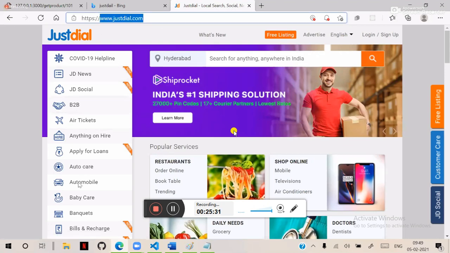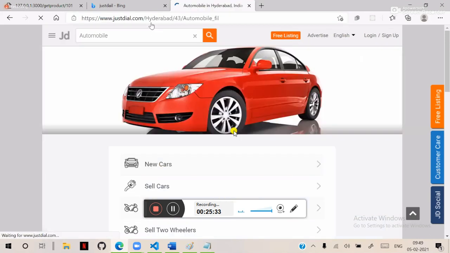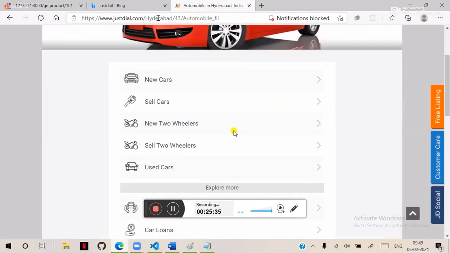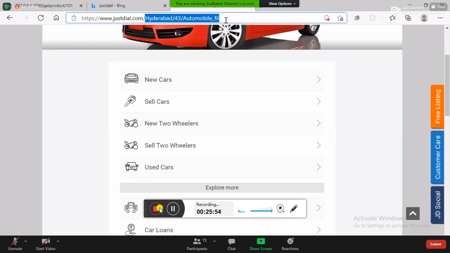I click on automobile, and you can see that it directly uses all these slashes. These are all route parameters. You can design such links so that on link click, it can directly pass that URL. You can configure that. We will see how we can configure and how we